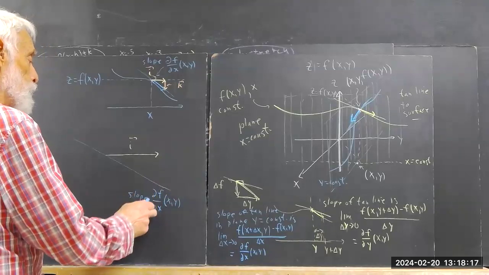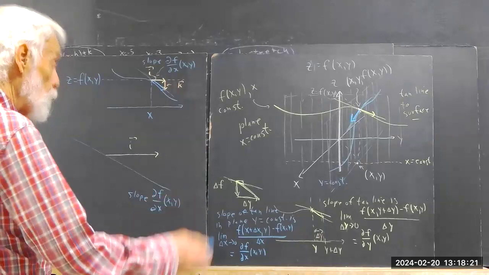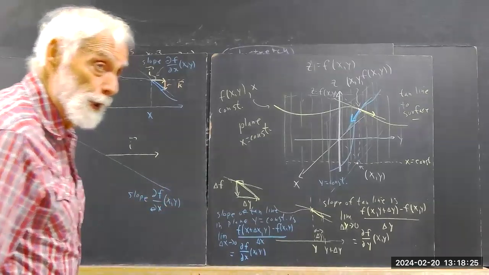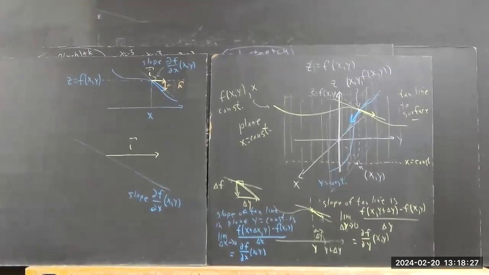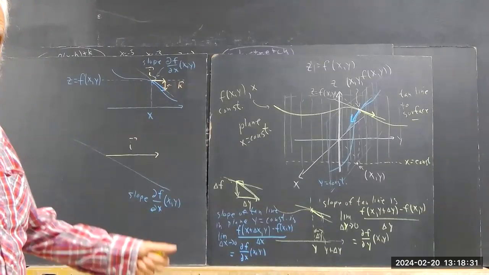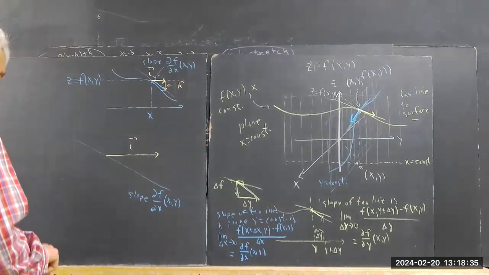We have the partial of f with respect to x evaluated at x y. Okay, I love this so much. I just get choked up over it. Okay. So if the slope is going to be this,